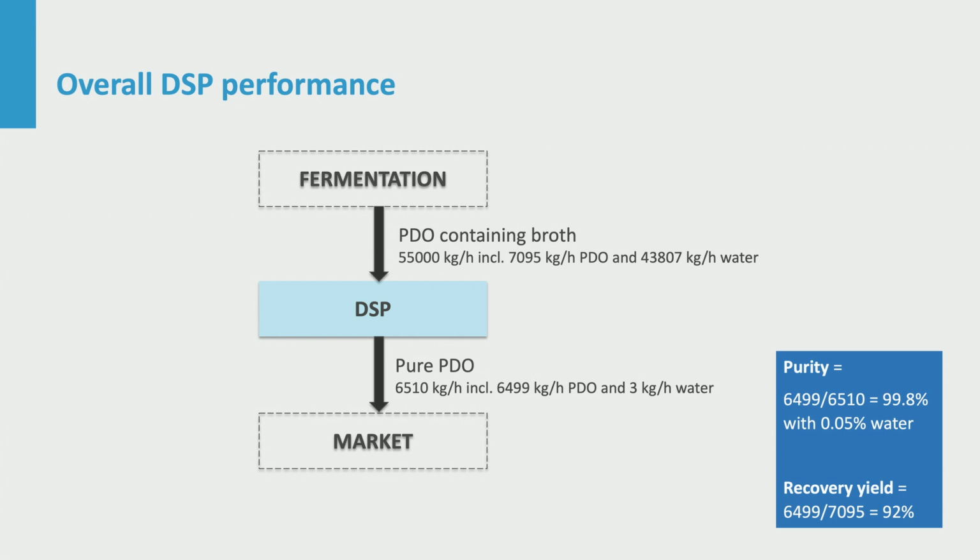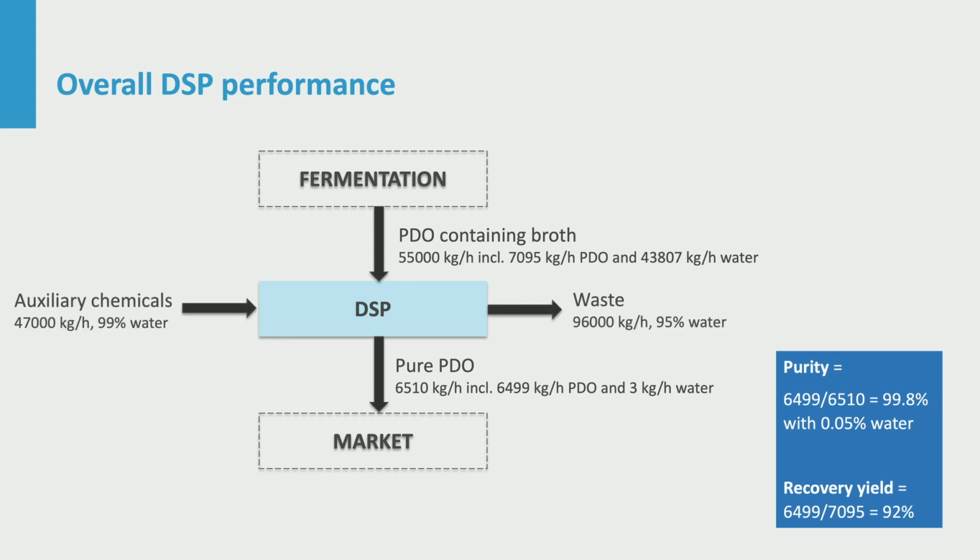For example, per kilogram pure PDO, we must allocate 8% extra fermentation capacity to account for this, while fermentation equipment is typically a major cost source. Moreover, the 8% loss also leads to 8% extra glucose costs, and the lost PDO leads to extra waste treatment costs. We have not yet introduced much auxiliary chemicals, almost only water. The generated waste is also mostly water, and half of it originates from the fermentation.